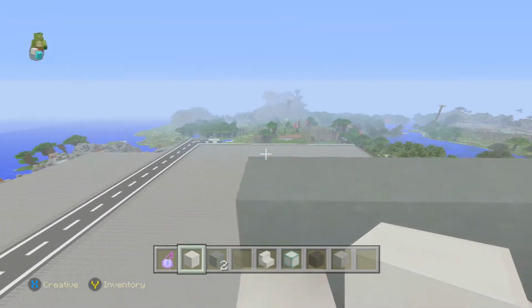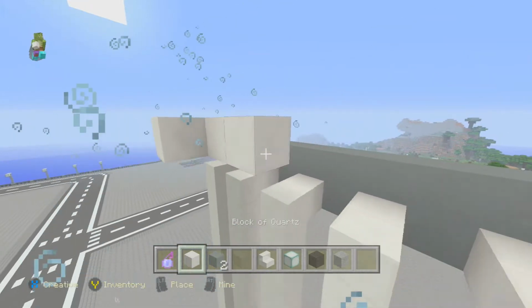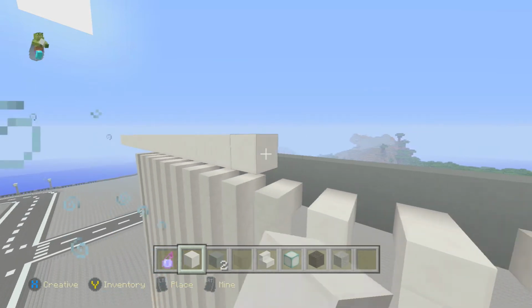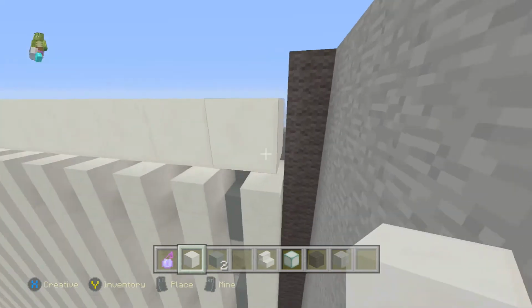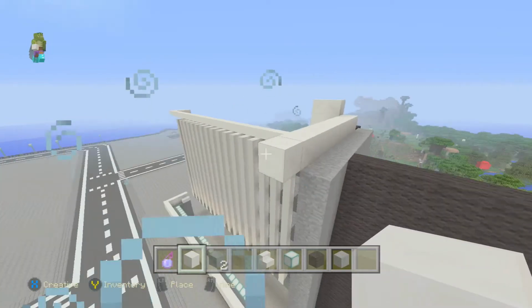So if we go like that and then bring this out, say 3 blocks, get some more of that, then obviously you can see where that ends and where something else begins. Okay, right, let's try this. So if we bring this across like so, bring it up like 2 blocks, have that come across